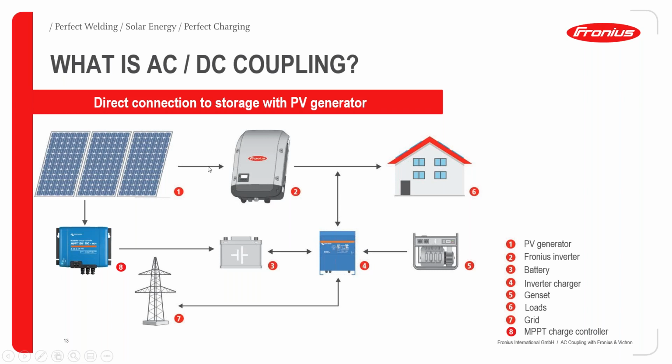I will be shedding more light on this in the subsequent slide, but this is basically how an AC-DC coupled system looks like. Another advantage that this comes with is in the event of grid outage, unavailability of the genset, and when your battery is low. If there's no irradiance, of course, this system is going to collapse per se. But once it's morning time or once there's irradiance, this system can't actually pick up unless we have a portion of the PV generator that is connected through this MPPT charge controller. This now charges the battery up to its threshold voltage,